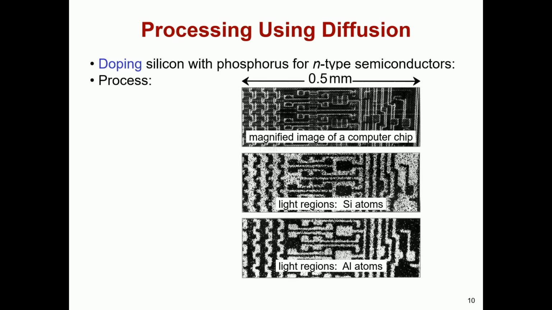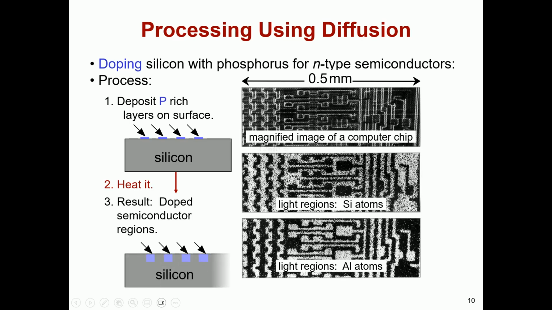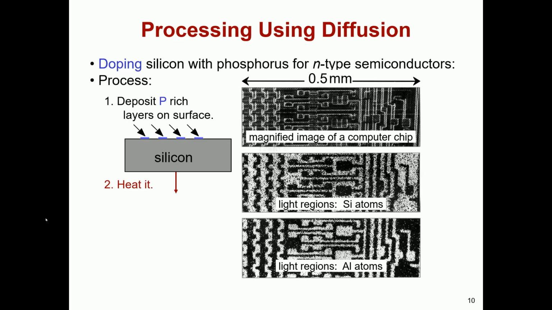Here is the working process. First, we deposit a phosphorus-rich layer on the silicon surface in a specific pattern. This deposition method itself involves various complex processes. Second, we heat the wafer. This is crucial because the vacancy concentration in the silicon